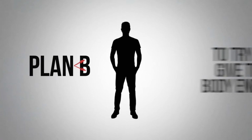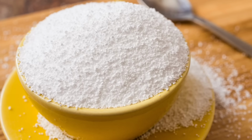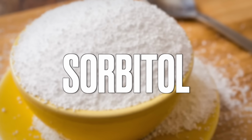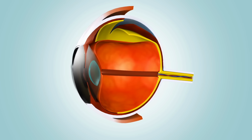But I just want to interject one other additional thing that happens in this process. Your body has all sorts of backup plans, like a plan B, to try to give the body energy. So one alternative pathway, the byproduct of that pathway, is sorbitol, which is a sugar alcohol. Here's the problem with sorbitol. Sorbitol gets stuck in certain tissues, like the lens of the eye, to cause cataracts, like the